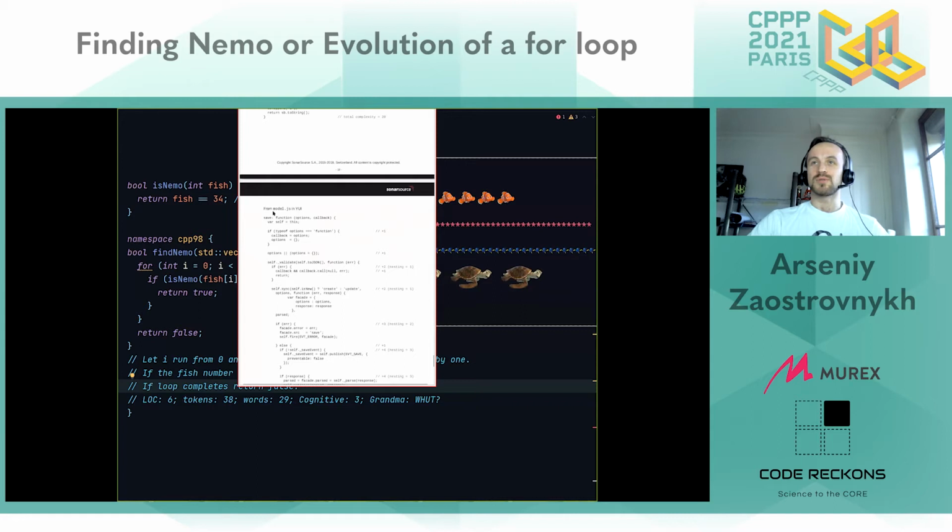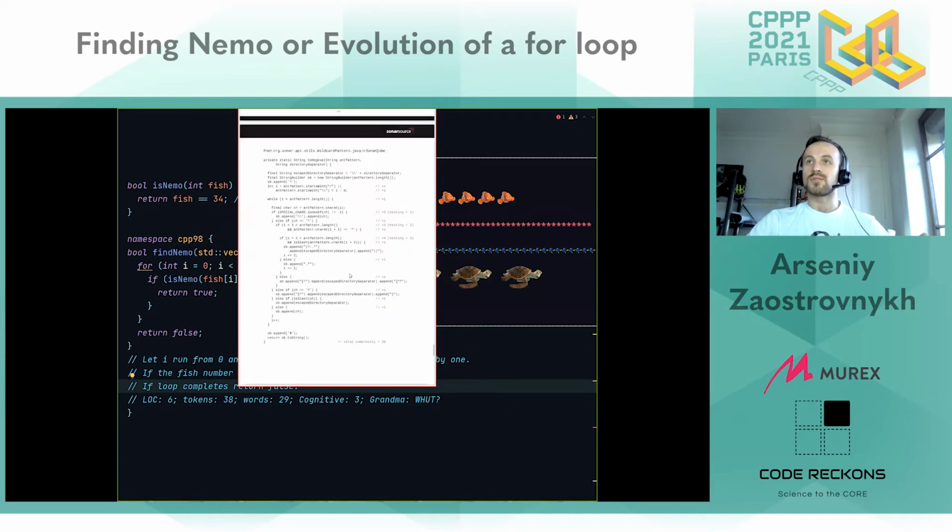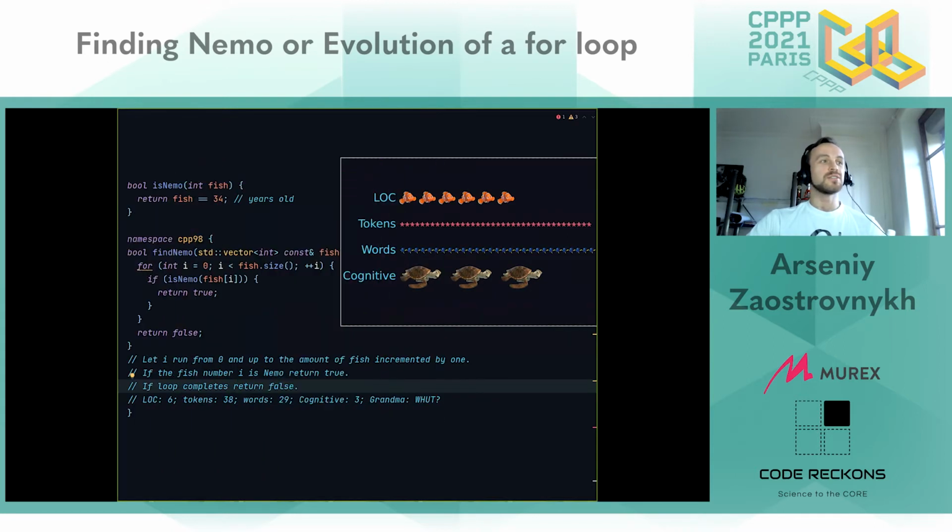So the idea is simple. You count the number of constructs that make you think when you read the code. Like if there is a branch, is it going to be taken or not? I guess this is not the C++ version. So this is the C++ version. If there is a loop, you again take into account whether it iterates and how many times. And if there is an if inside the loop, you need to keep context. So you also account for nesting, etc. I encourage you to read it if you haven't seen it before. So in this case, it's just 3. You have the for loop, and then you have the if nested in the for loop.